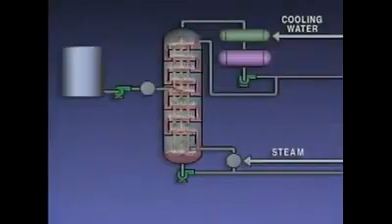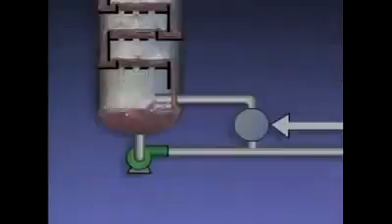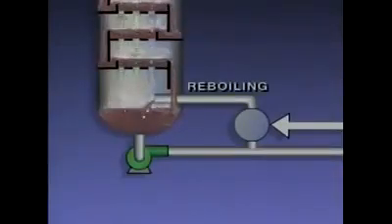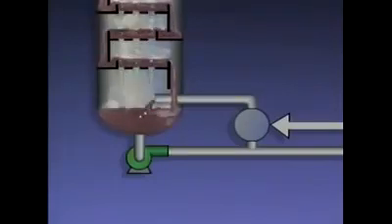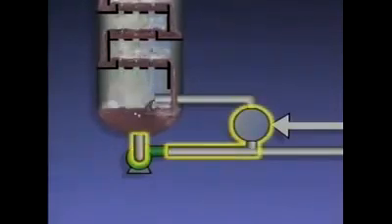Refluxing increases the purity of the overhead product because condensing the vapors made of heavier fractions keeps them out of the stream of vapors that leaves the top of the tower. Another method used to maximize product purity is called reboiling. The bottom's liquid that's drawn off from the tower is sent to a heater called a reboiler. The rest of the bottom's liquid is sent to storage or to other units in the plant as the tower's